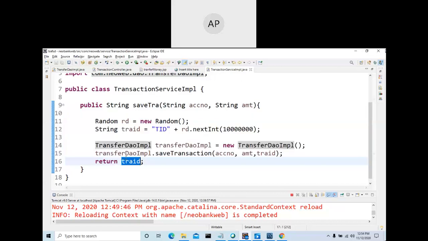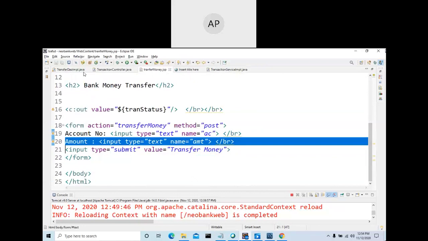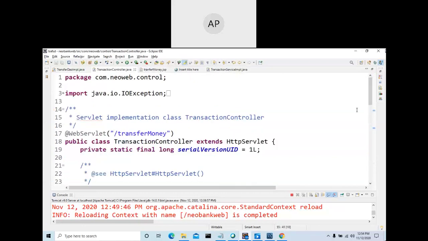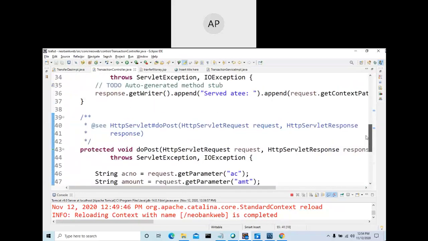So that's how you can design, or you can write in your own way. But this is the general design pattern that we follow as per the industry standard. So you should know what we are doing here, and we are running this so that we are testing. Here we wrote only one JSP and three classes: one servlet, one service class, one DAO class, and one JSP.